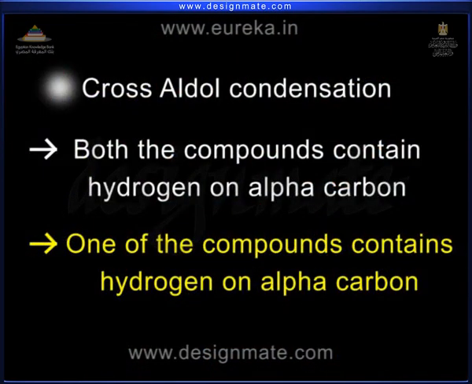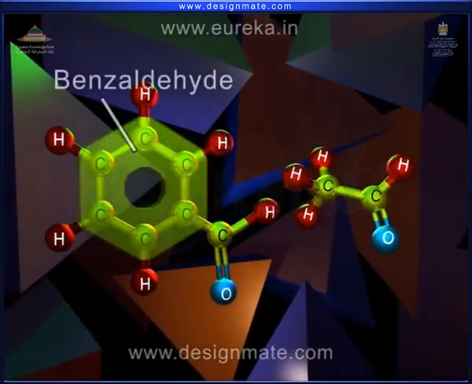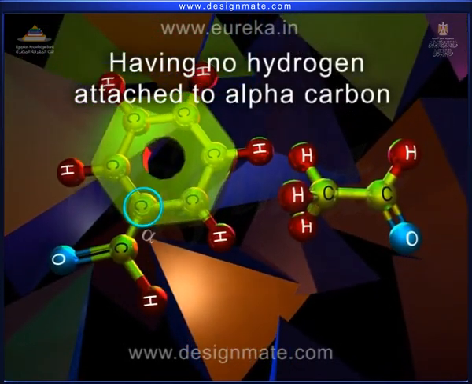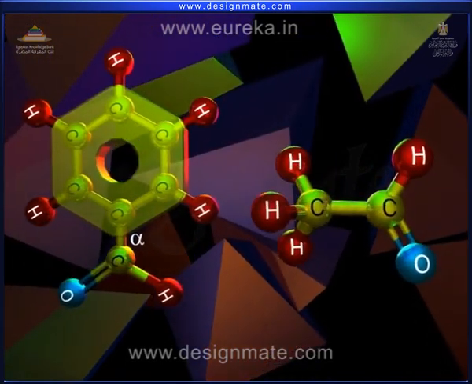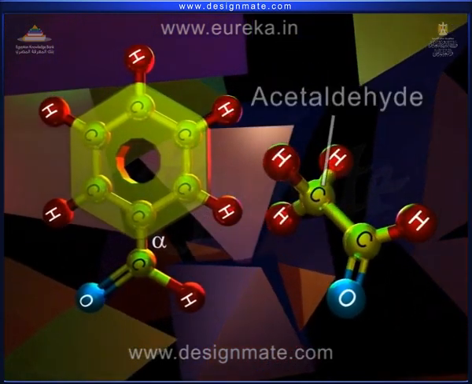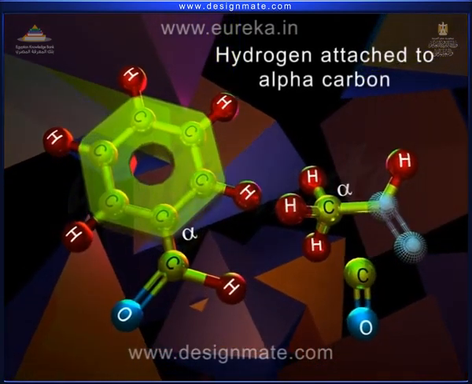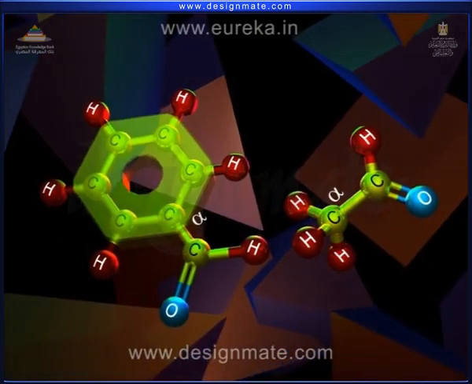In the second type, only one of the compounds contains hydrogen on alpha carbon of the carbonyl group. For example, when one molecule each of benzaldehyde, having no hydrogen attached to alpha carbon of the carbonyl group, and acetaldehyde, having hydrogen attached to alpha carbon of the carbonyl group, undergo aldol condensation reaction